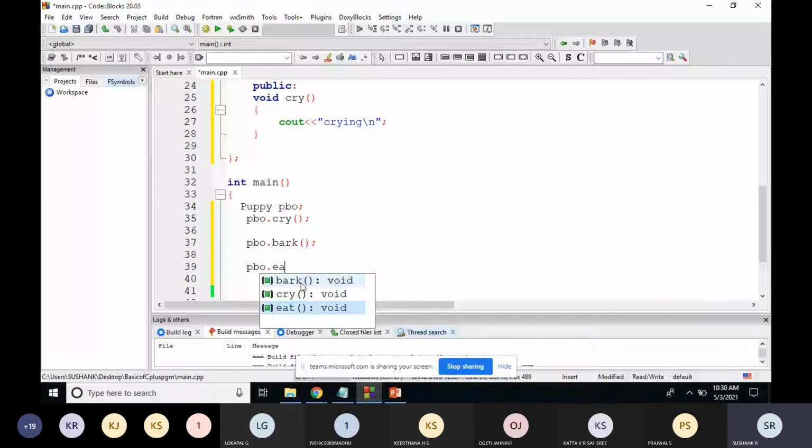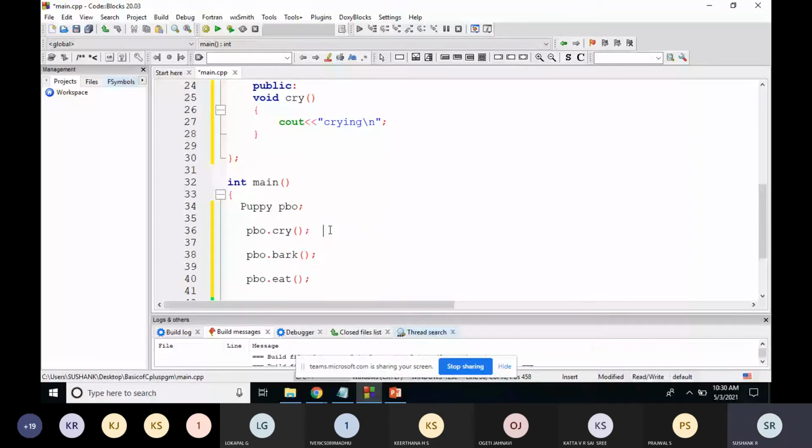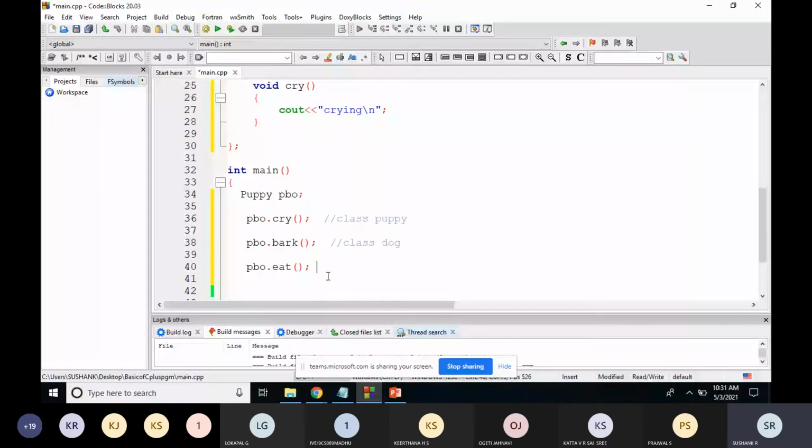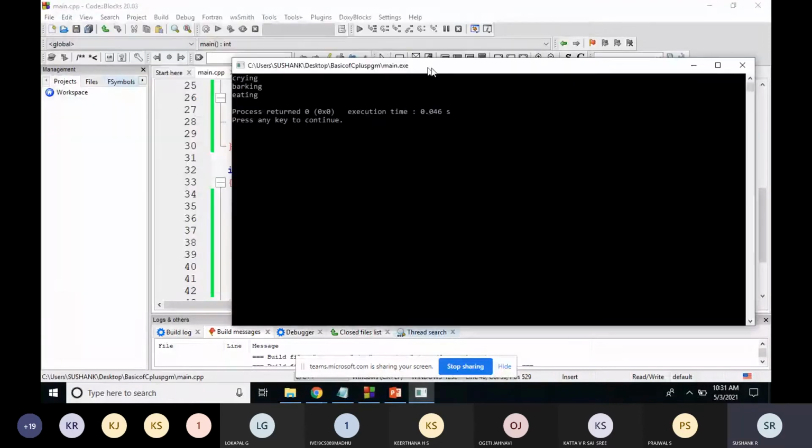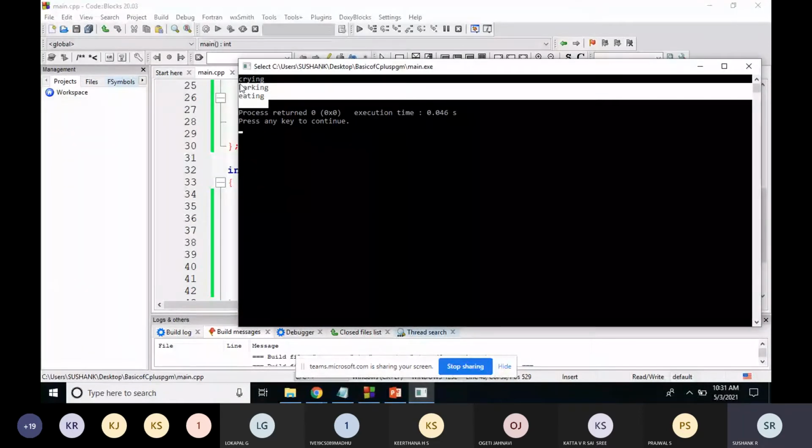See, this cry was there in class puppy, this was there in class dog, and this eat method was there in animal. Now if I run this, using the puppy class object, I can access all the members. I'm getting the output as eating, barking, crying.